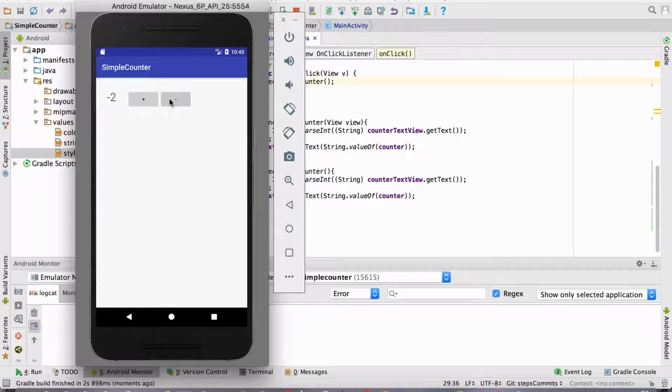Now we know how to add buttons and how to handle button events. So far we added the text views and the buttons and didn't think about their positions or the layout of them on the screen. So in our next video we will have a brief intro to the layouts and study linear layout in detail. That's all for this session.